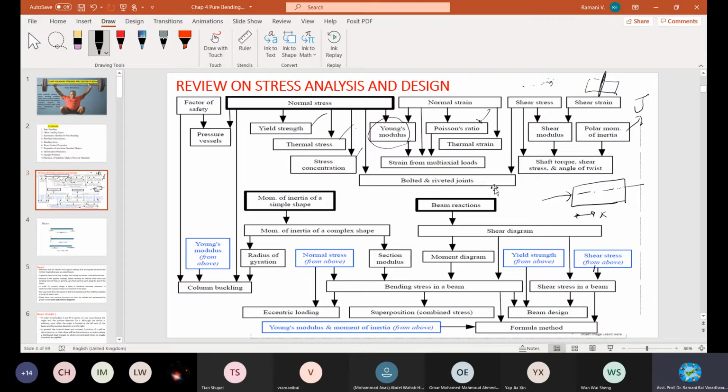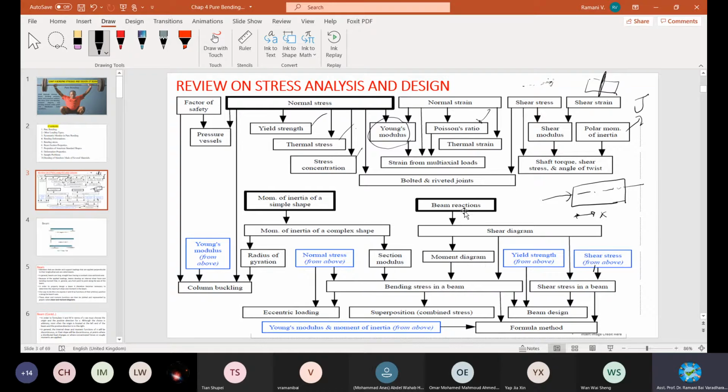And then bolt and riveted joints. Put together, these two can be applied in cases like bolts, rivets, links, right? We saw some calculations on links, how the links are joined by bolts to the main frame, main beam. And we also calculated how the shearing and the factor of safety are determined for designing links and beams, links which are connected to beams or any frames. And this part is your old one, statics, you have to know what the moment of inertia is. We didn't do this, right? These are the things you have already done, and this one is a future one, column buckling we are going to have based on this.